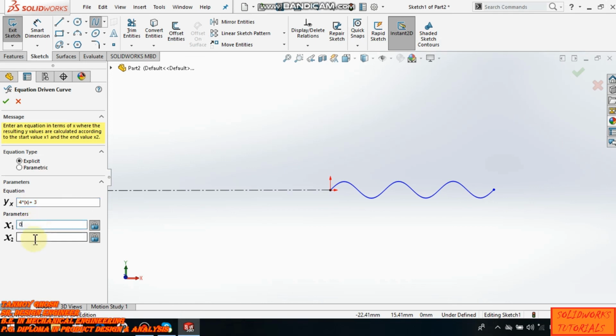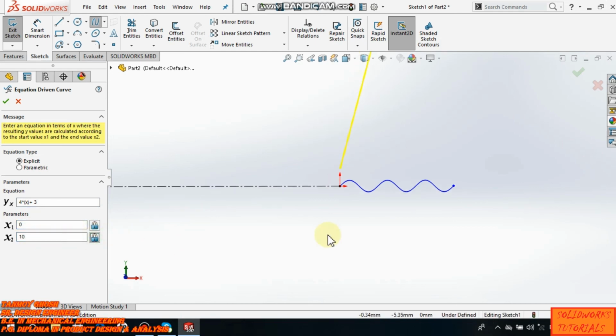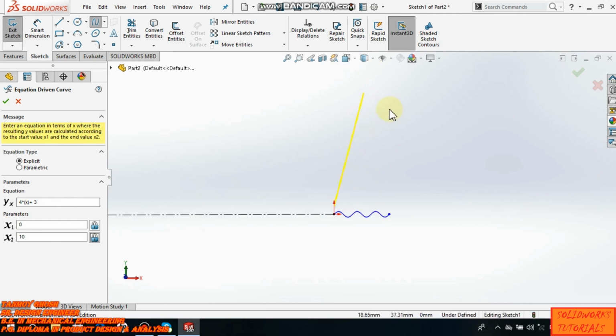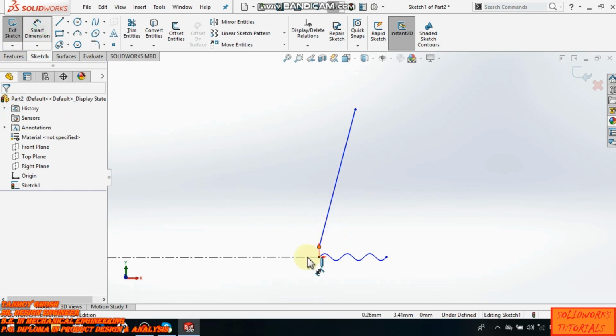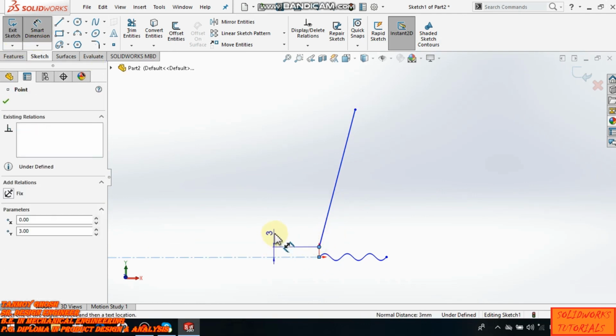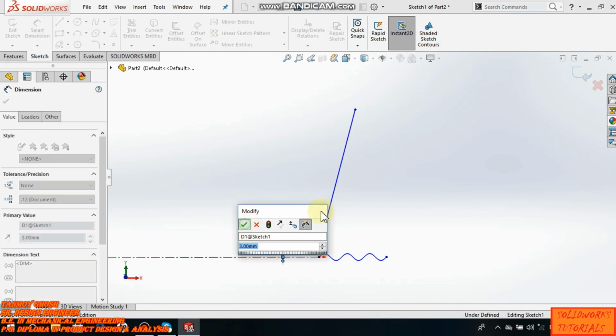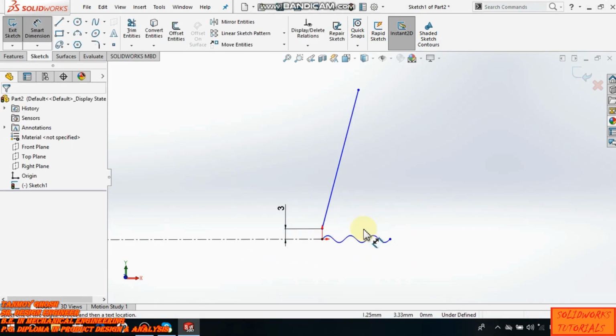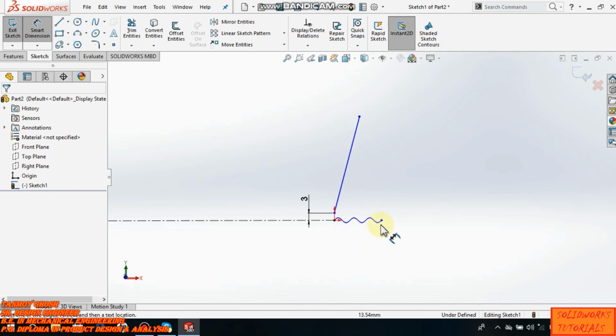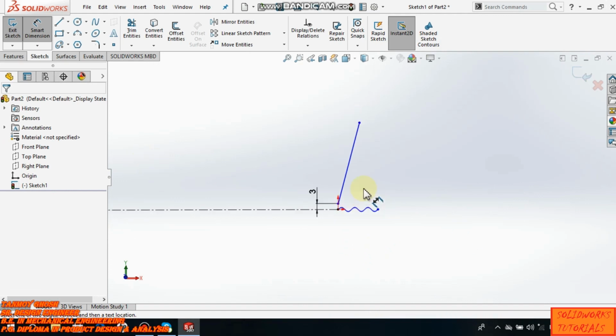Now limit equal to 0 to, say, 10. Now unlock this. Now you can see the line equation curve. You can measure the intersection point, 3. So you can draw any curve with the help of equations through this equation driven curve.